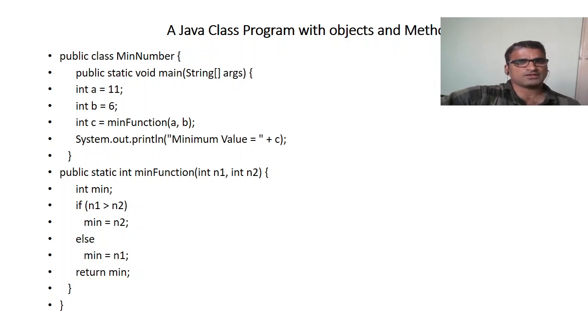So before finding out the required output, let's concentrate on the method called min function. Here I am using a public access specifier for the method followed by the static keyword. There is a very strong reason why the static keyword is used for this method. Static is a keyword which indicates that whichever objects are present in this method are not going to change during the execution of a program. For those reasons I am making it static.